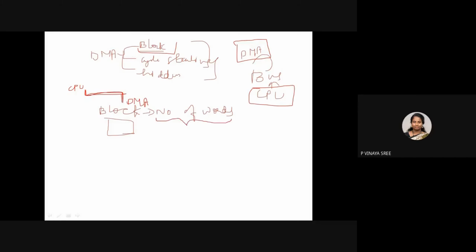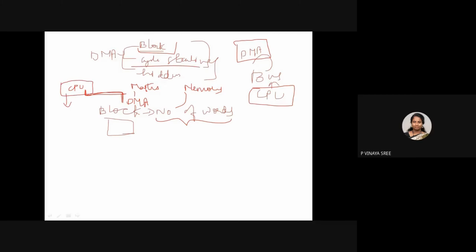Until that time the bus will be available with the DMA, which becomes the master. But the problem here is that the CPU will be sitting idle most of the time.